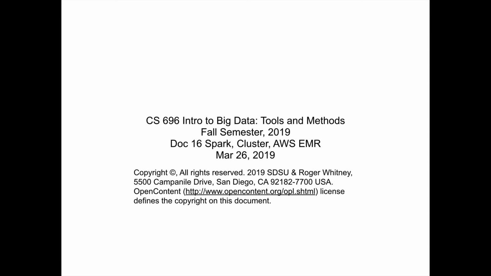So in the context of clustering or classification, what does it mean to have a model? Yeah.